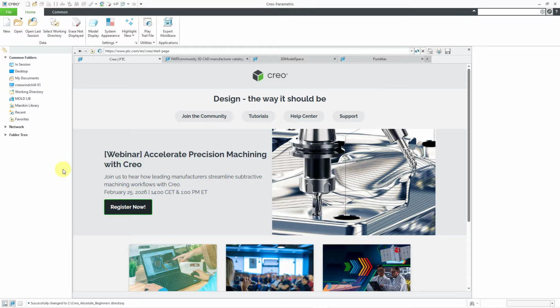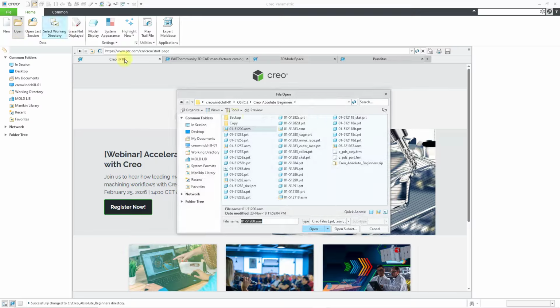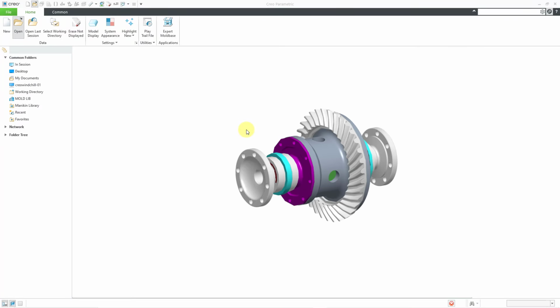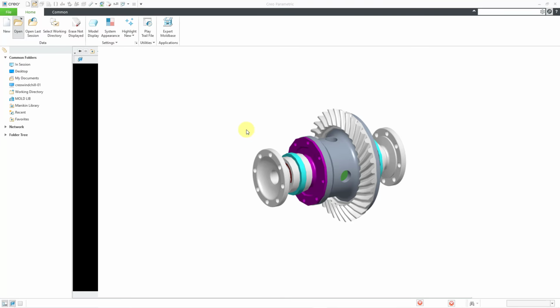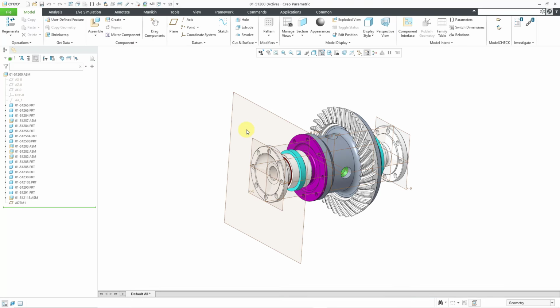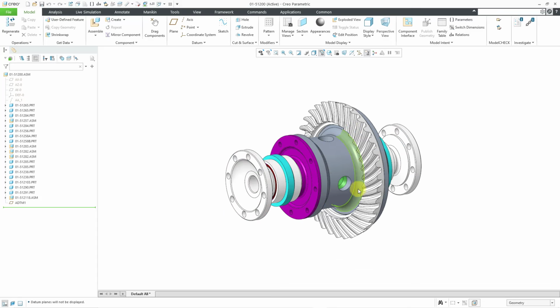So let's start out by opening up an assembly that we're going to make the drawings of. I will click on the Open icon, and I'm just going to open up the very first model in the folder. It is an assembly. And so it has retrieved my planes, and I think my coordinate systems are visible. Let's turn off any datums we don't want to see just to unclutter the screen,